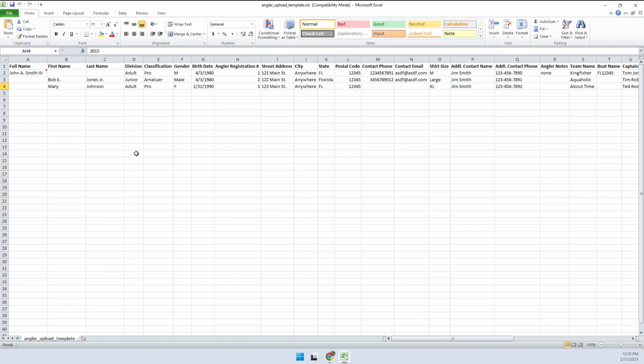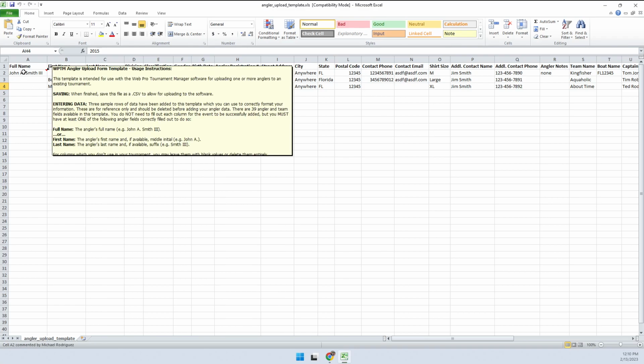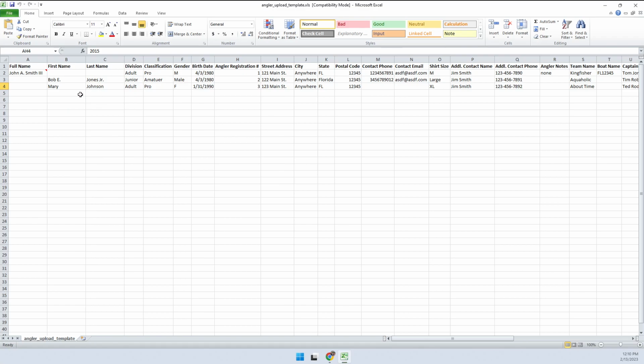The most important parts here being the full name or first name and last name of each one of the anglers. So it's really important that these items are filled in. If you have your angler names in a format that's just a full name, so it's basically like John A. Smith in one column, that's fine. You put that here. If you only have first name and last name separated into 2 different columns, you use these 2. You do not need to use them both at the same time. That's why this sample data is showing you that you can use one or the other. And the rest of the information really is